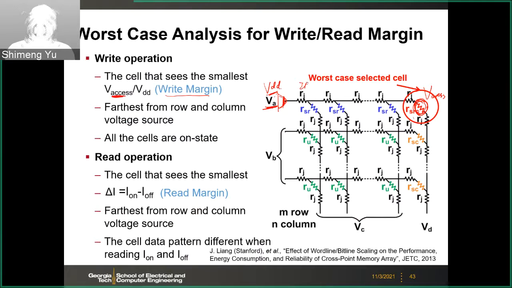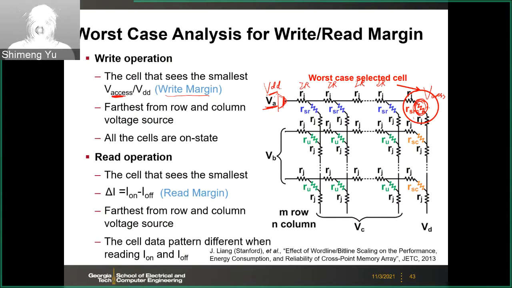Due to those IR drops across many segments, you will see a smaller voltage on the last cell. Of course, if you want to solve this accurately, you have to consider all the sneak paths in this netlist. So it's very difficult to do hand calculation if you want to do it accurately. That's why you have to run the SPICE simulation on the netlist,